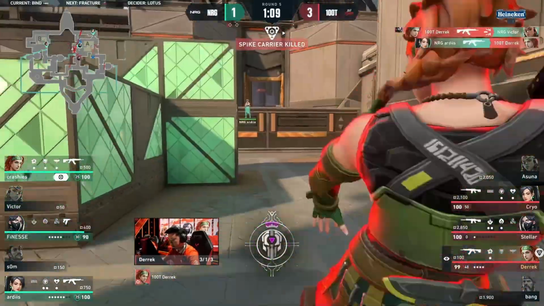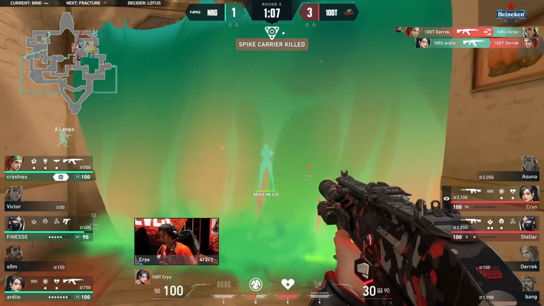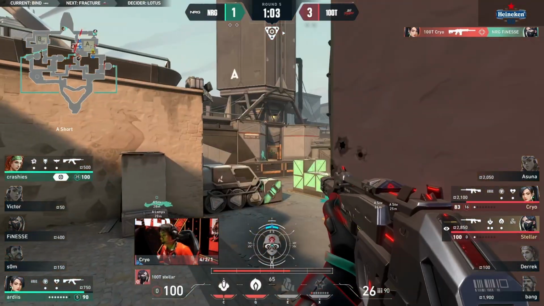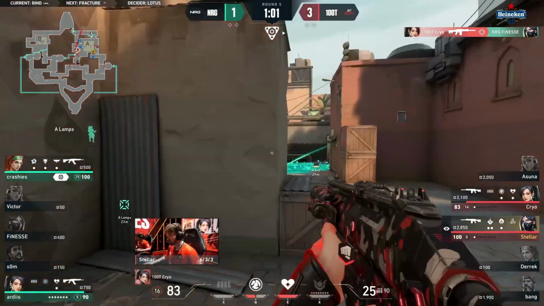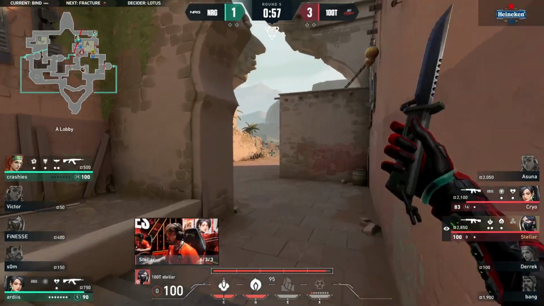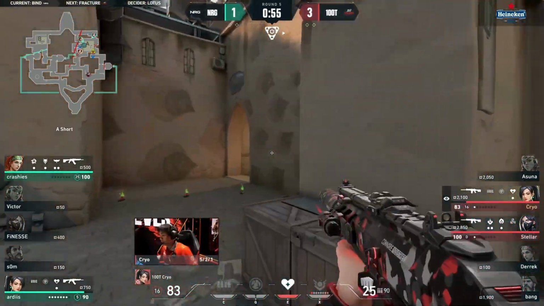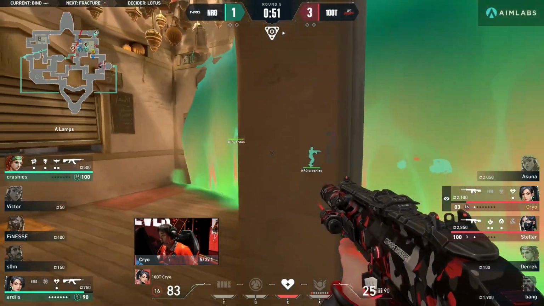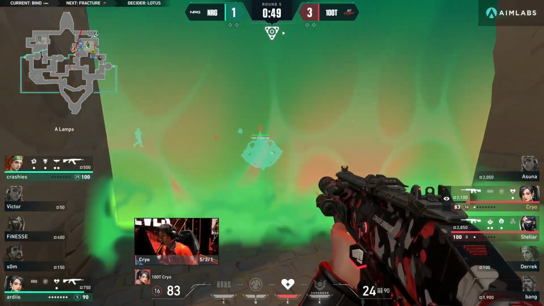It's a 4v3. Derrek. Where's he pulling that one from? He's answered though. It's a trade. Still Cryo's worked himself into that forward position. Control of lamps, but the spike is dropped in the middle of nowhere. Still, it's a 2-on-2. They've made it winnable. Seeker's going to be giving a little bit of information. Bit odd. This way, that way. Not sure where they're going, but